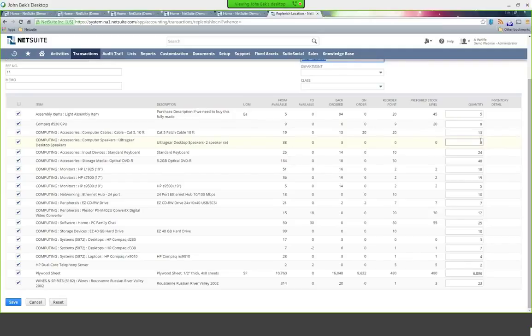Now, certainly, some locations are going to be completely autonomous. In the ideal world, we're going to be able to manage buying for each location independently of one or the other, if that's your business model. But we do have the tools in place to provide you the ability to create these transfers so that we can rebalance overstocking in one location versus another. So I hope that answers the question.